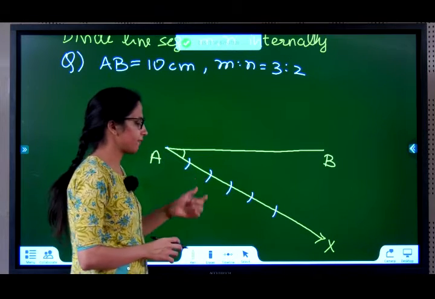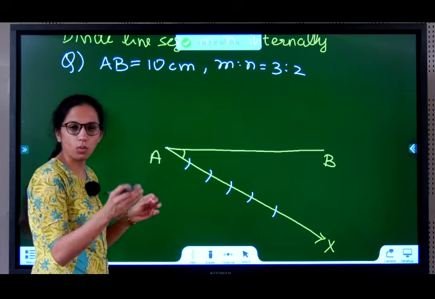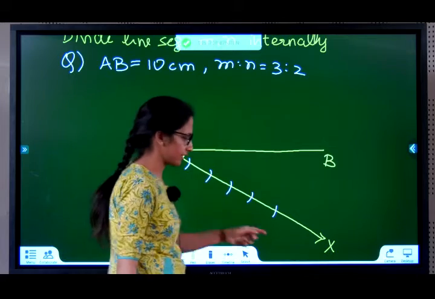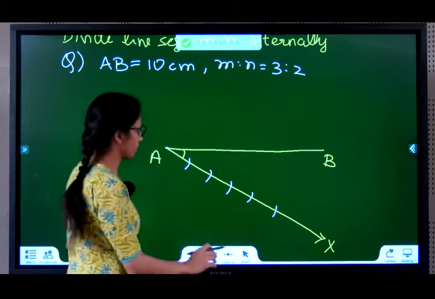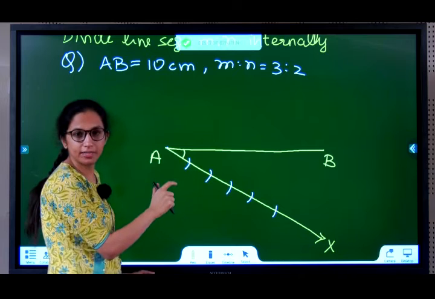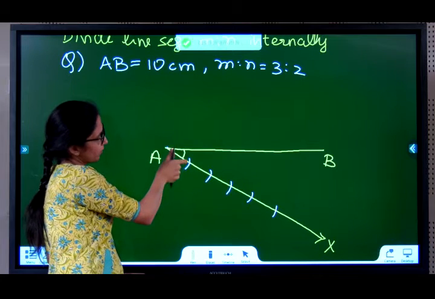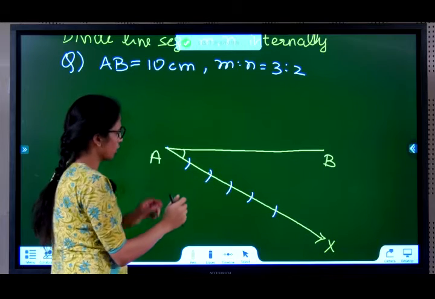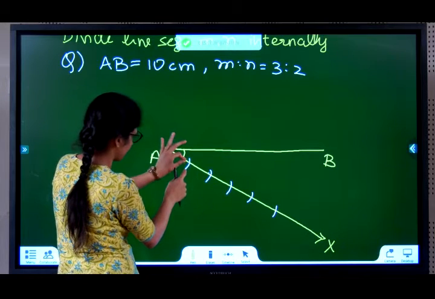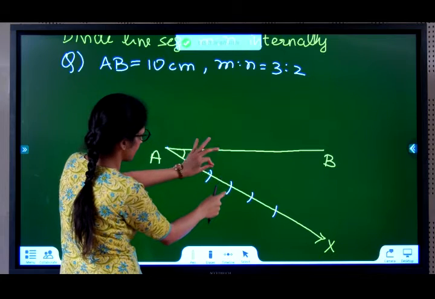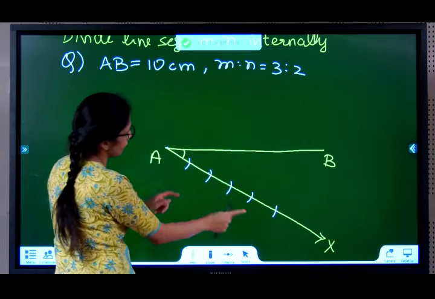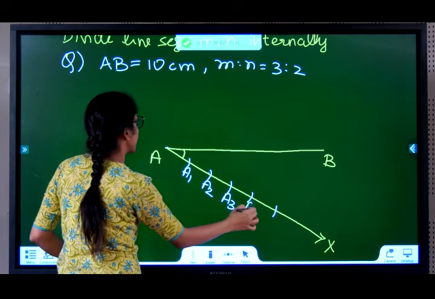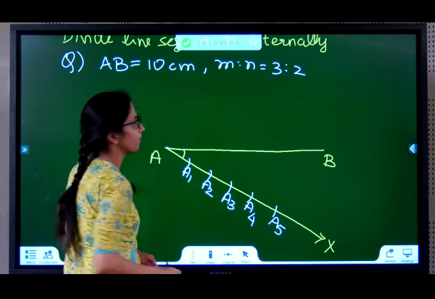This arc length should be the same for everyone. So I approximately suggest that you take 1 centimeter or 0.5 centimeters. You can take anything. You can take 2, 3, provided it all fits on AX. Otherwise, you can extend AX also and cut. No problem. So I suggest you take 0.5 centimeters or 1 centimeter, it will fit. So you cut 1 centimeter arc, keep your compass needle here, cut 1 centimeter, and so on. Cut 5 arcs. Name it as A1, A2, A3, A4 and A5.